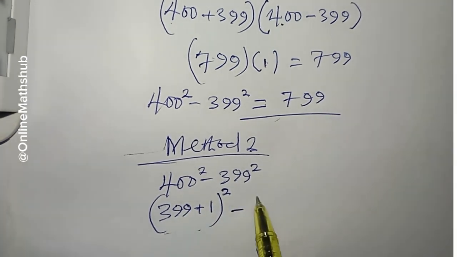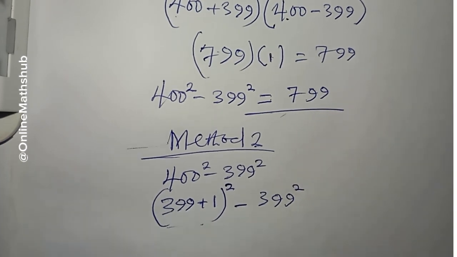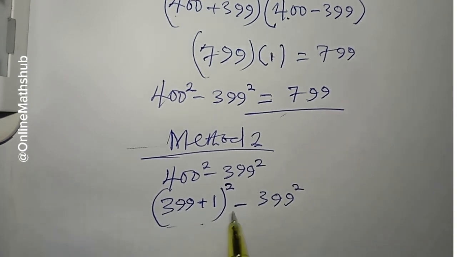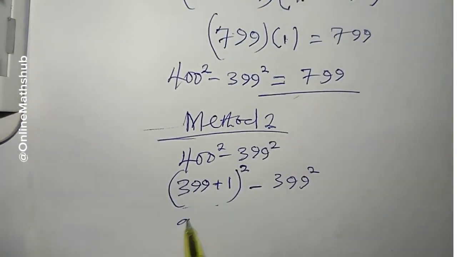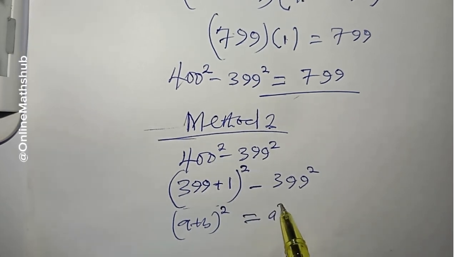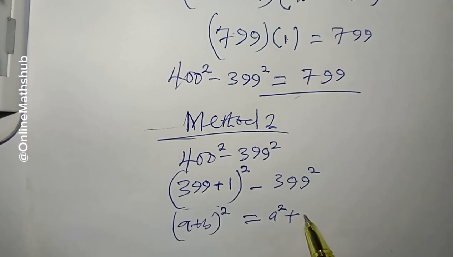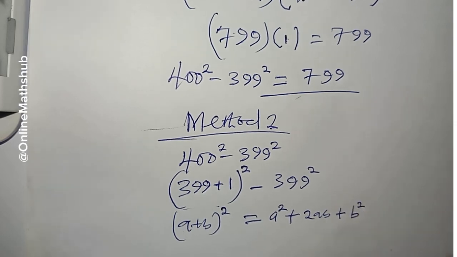And then minus 399 squared. We can go ahead to simplify this. If we have a plus b all raised to the power 2, you can expand this as a squared, plus 2ab,